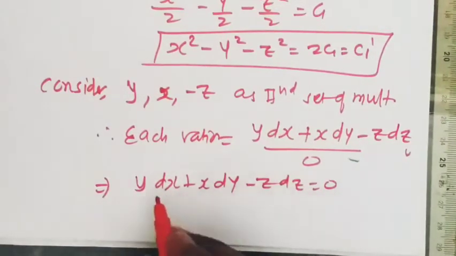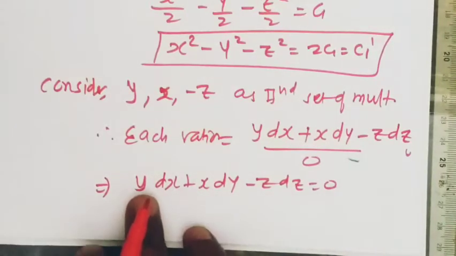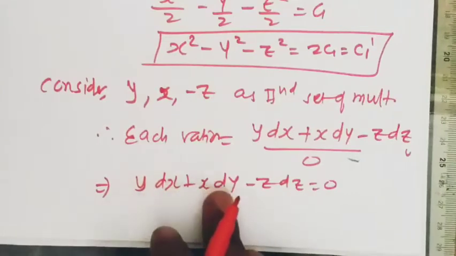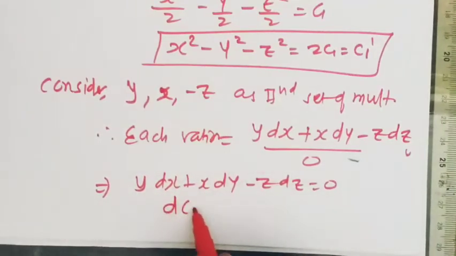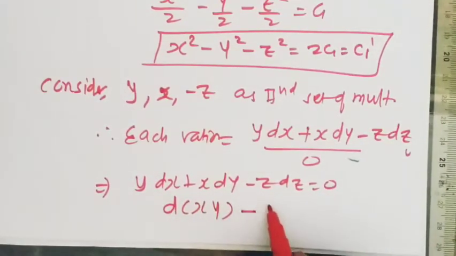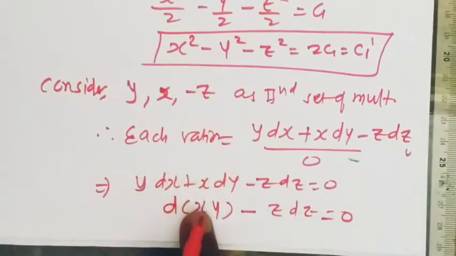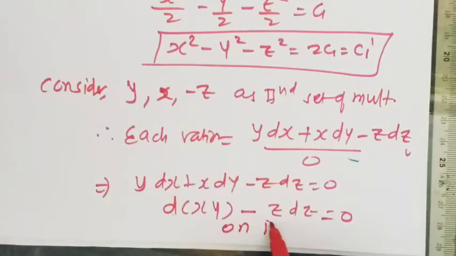Now this is not integrable at present because we have terms of y with respect to x. But the first two terms, y dx plus x dy, are the derivative of x into y, minus z dz equal to 0. By the u into v rule, d of xy will be y dx plus x dy. Now here we have d of xy, and this is a term of z. This is integrable. On integration,